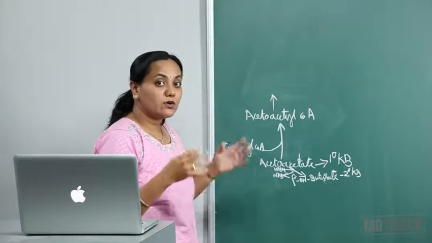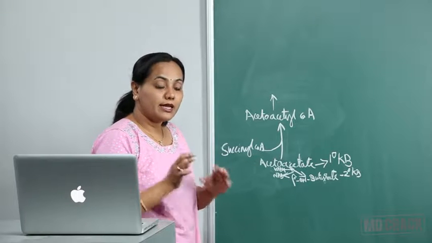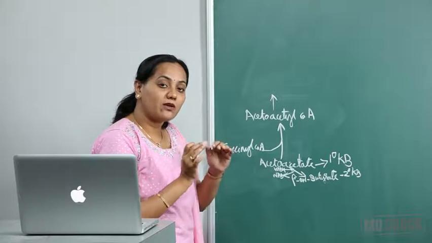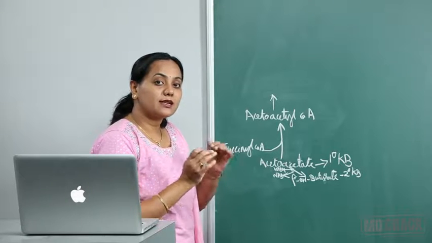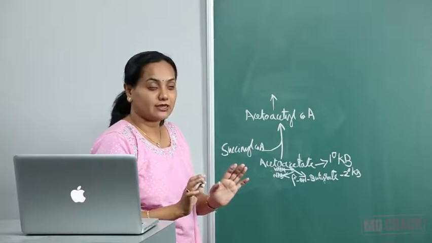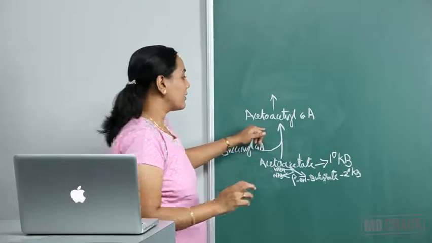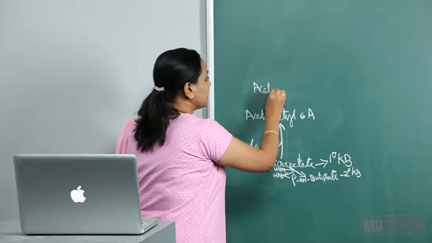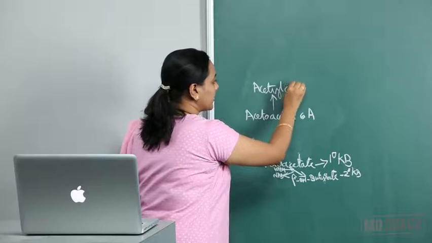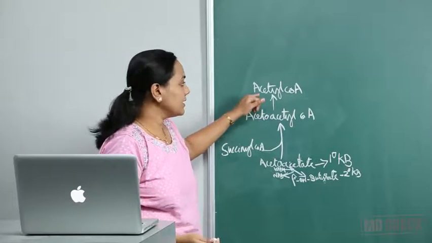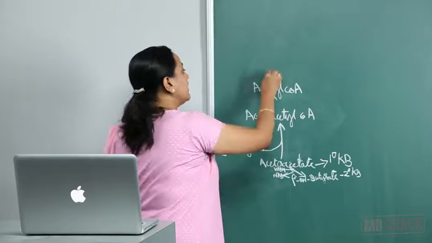Where gluconeogenesis is taking place in the liver, that oxaloacetate has gone for gluconeogenesis, so the availability of oxaloacetate has decreased. But in other tissues, oxaloacetate levels have not decreased. So this acetoacetyl-CoA can be broken down to form acetyl-CoA, by thiolase, which is a part of beta oxidation. Acetyl-CoA enters into the TCA cycle.